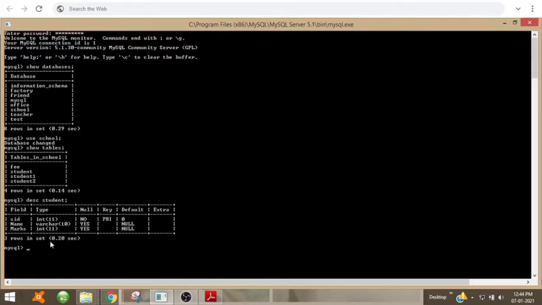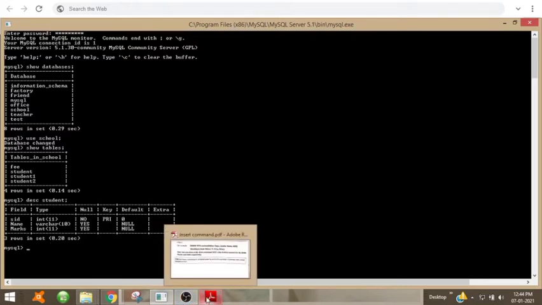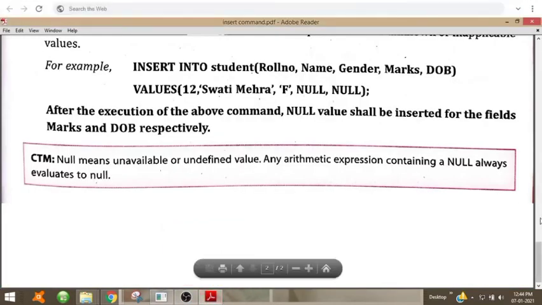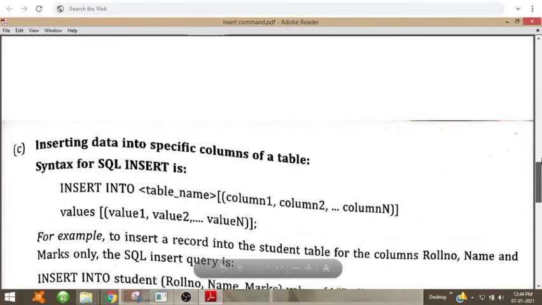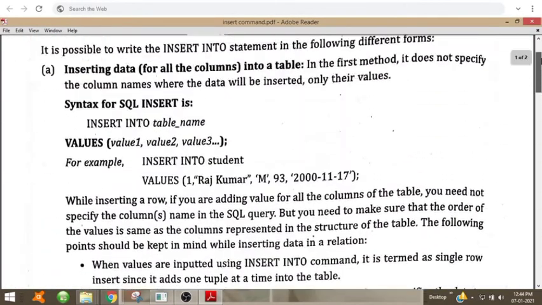So let us insert data into this student table. This table is empty, it does not have any value. So we are going to insert data into the student table based on the first method.